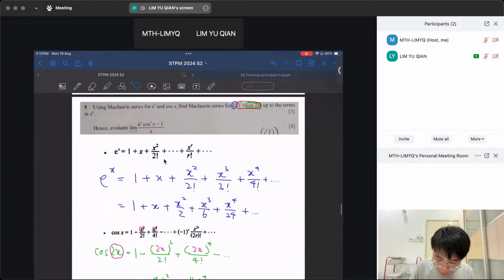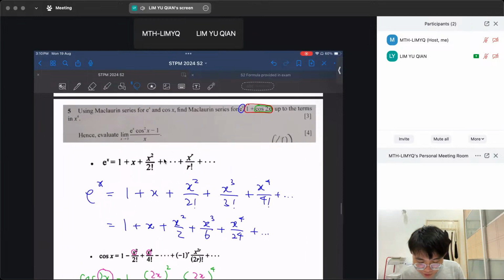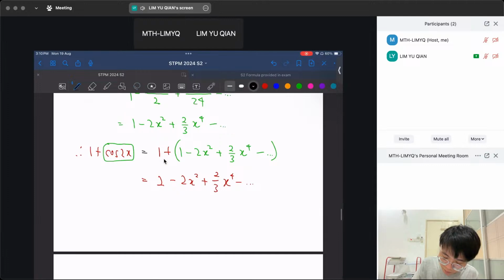Actually, I haven't completed part 1. They say find the Maclaurin series for e^x multiplied by that one. So I just did them both separately only. Now I have to multiply them, multiply by 1 plus cos 2x. So that's equal to